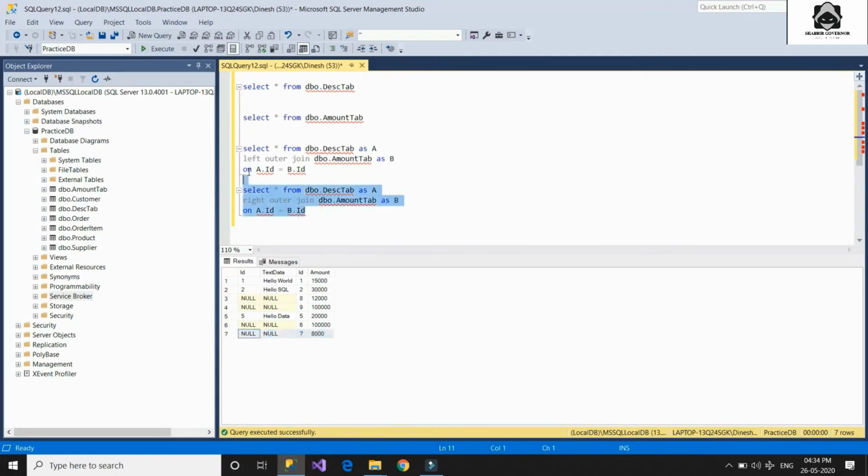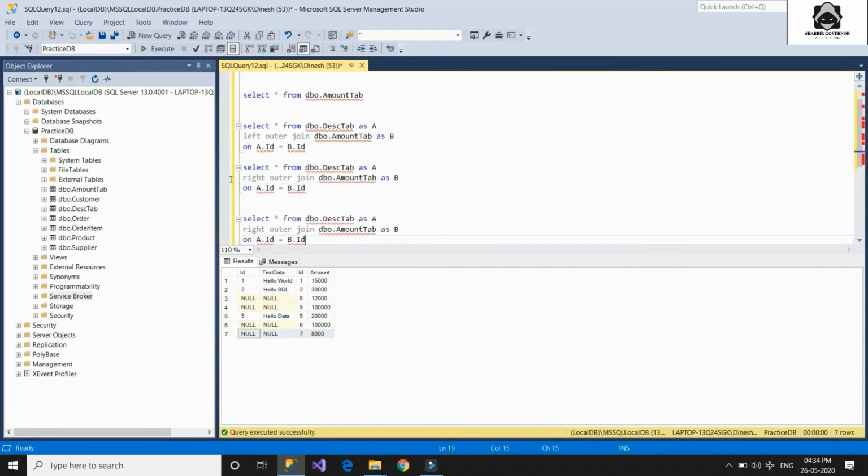And now we perform the last, that is the full outer join. Now you should also note that some of the DBOs don't support the full outer join, like MySQL, but in Microsoft SQL Server you have full support for full outer join. So here is the result for the full outer join. Here you can see that instead of getting null in the right side table for the left join, and instead of getting null for the left side table in the right join, in the full outer join you will get all the records irrespective of whether they match or not, and where they do not match we will be getting null values. So you can see that we get null values in all 4 columns according to the mapping of the IDs.